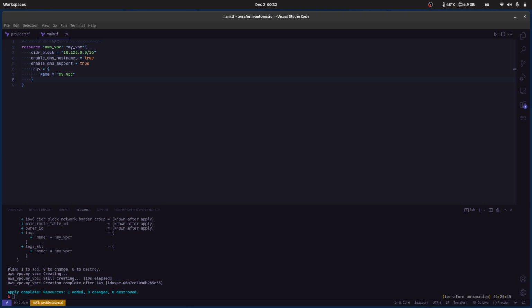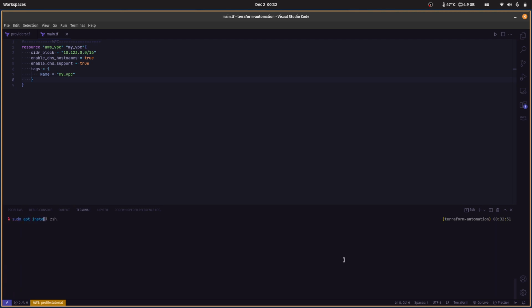Let's take a look at a couple ways to see what's in the state. One thing you can do is actually use a great tool called JQ. So if we run sudo apt install jq, just like so, we run a terraform show -json and pipe that into jq. We can see, even though we don't have a state anymore, we've got some information from a